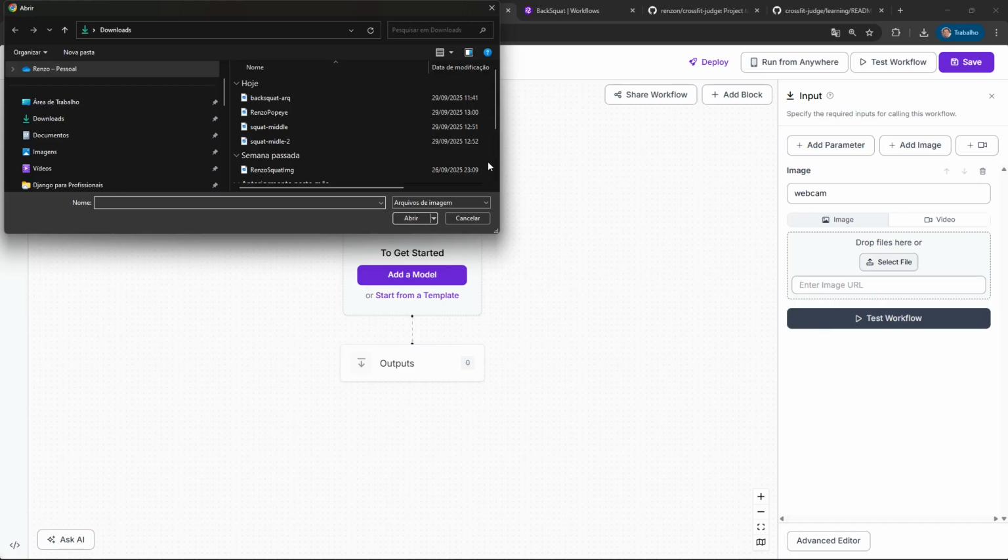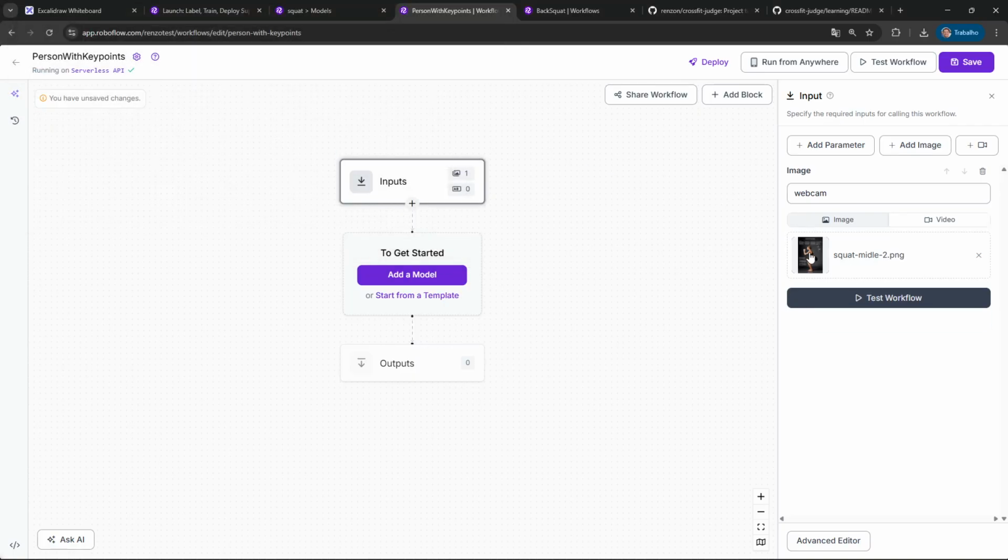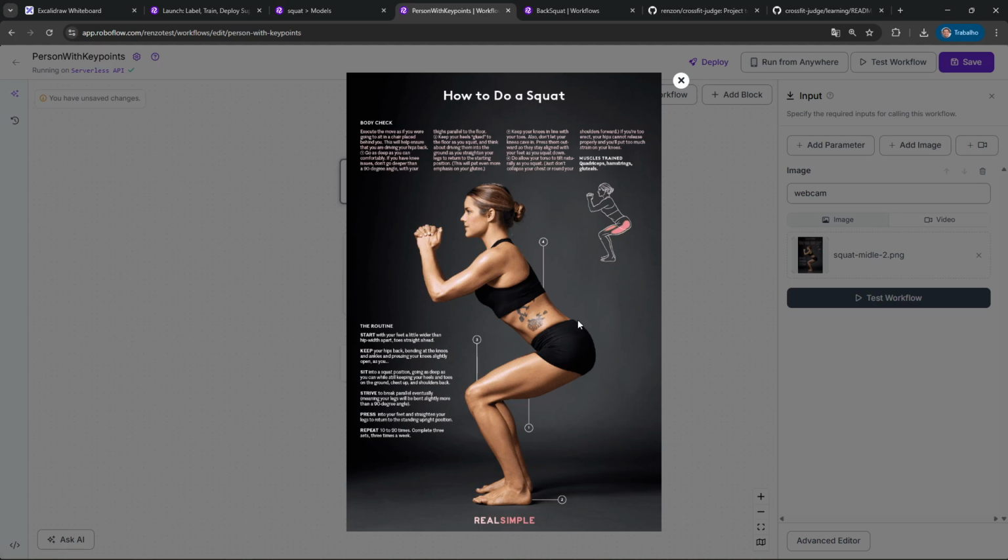So I have this one, and I'm going to show you. I found on Google an image of someone doing a squat. But check that, you cannot see if it's on the ascending phase or the descending phase, but for sure it's on the middle phase for CrossFit. And it would not be considered down. You would need to go further down to be considered a valid movement, right?